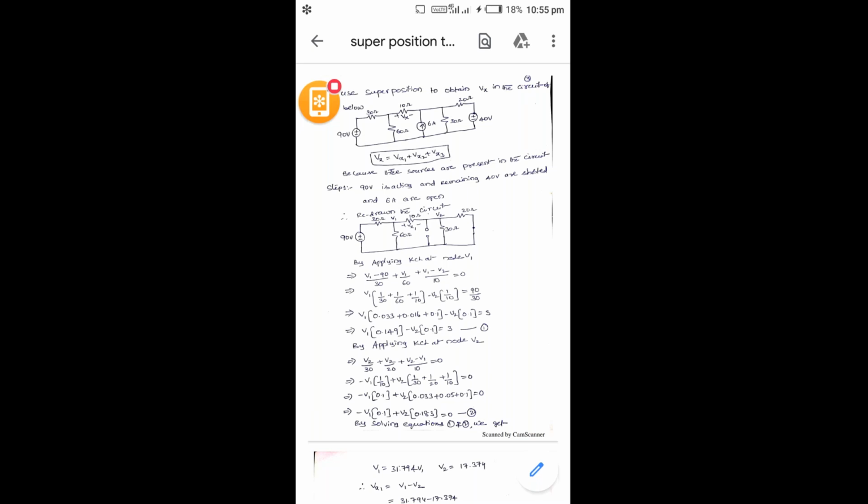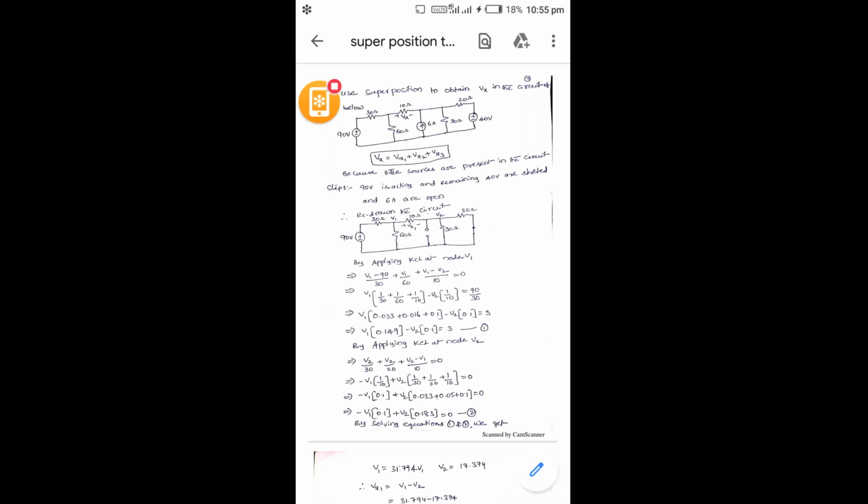So, from this superposition theorem, to obtain Vx in the circuit below. From this circuit, three sources are acting: a 90 volt source, a 6 ampere source, and a 40 volt source. We need to find Vx across the 10 ohms. According to the superposition theorem,